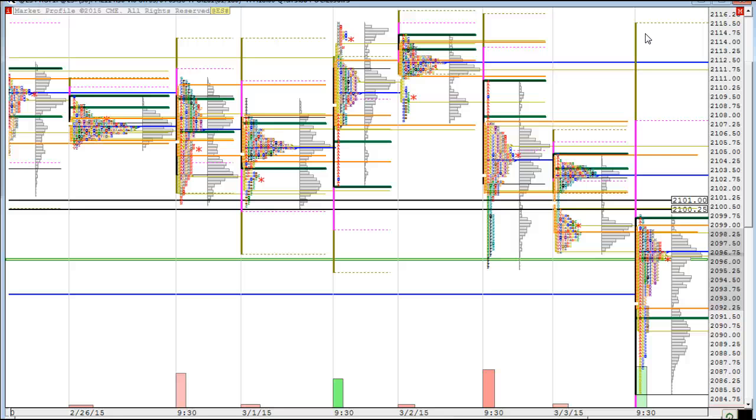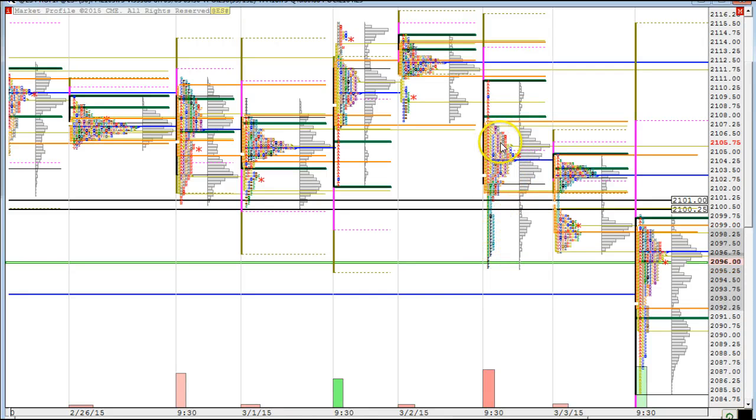This morning, yes, we managed to open with a gap down after a neutral close yesterday. Therefore, obviously catching by surprise everybody that bought below 2100 yesterday, and they were very happy with the close at the middle of the profile around 2105. But when this morning they woke up and saw the gap down, they started to get very nervous,